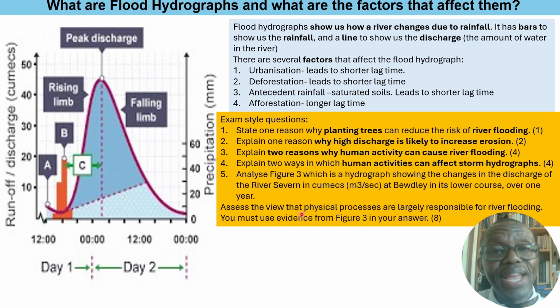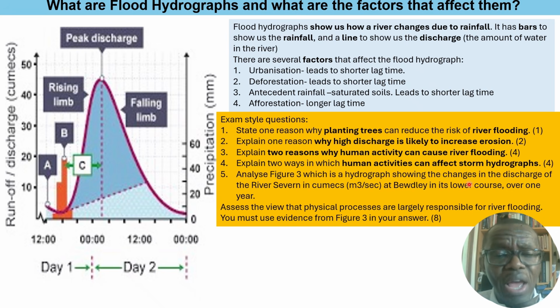So because this is an 8-mark question with an infographic and it's for paper 2, we would need first of all to analyze that figure that we have been given. So talk about the physical processes that we can see there that would influence river flooding in this area in Bewdley. Of course, talking about the trends that we can see, the main trend, talking about the highest and lowest, talking about any anomalies that we can see,